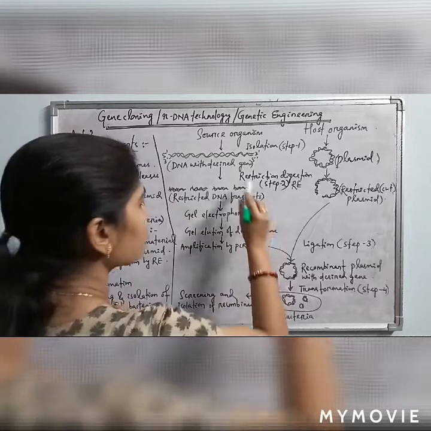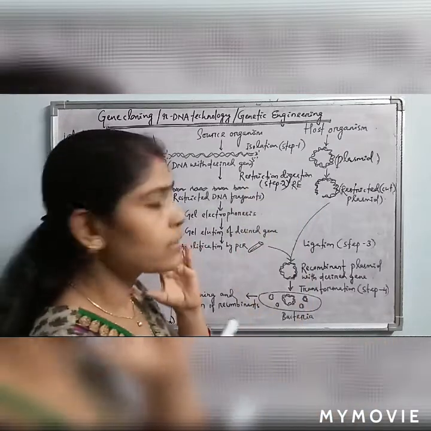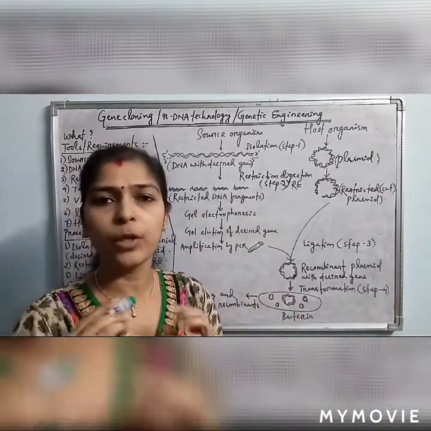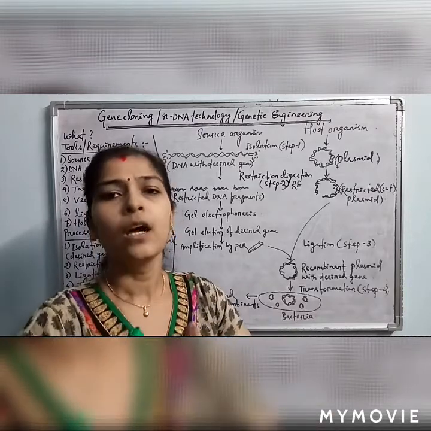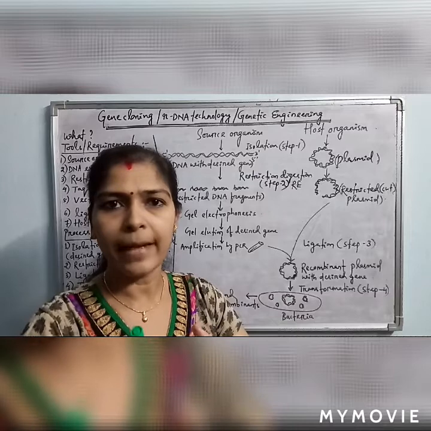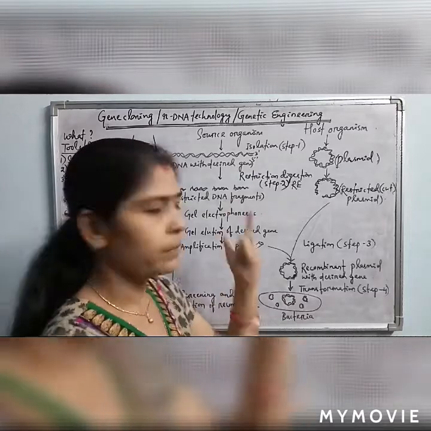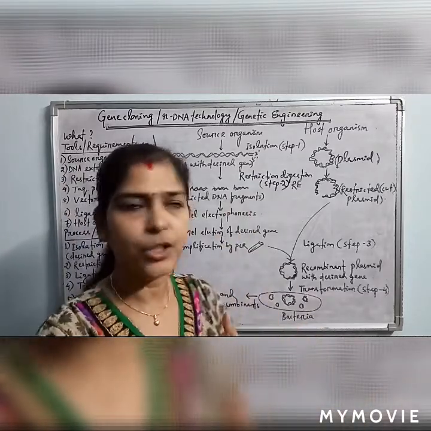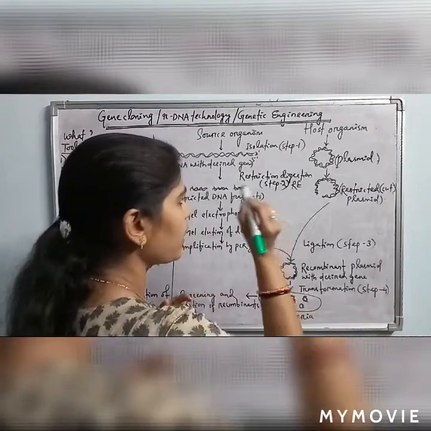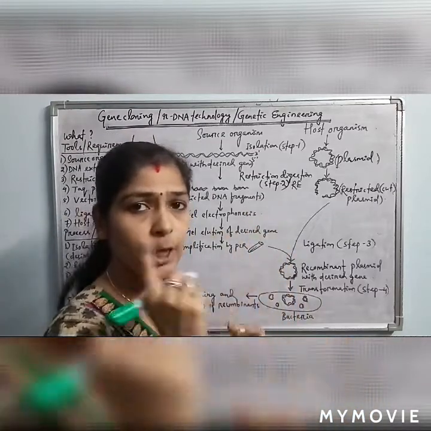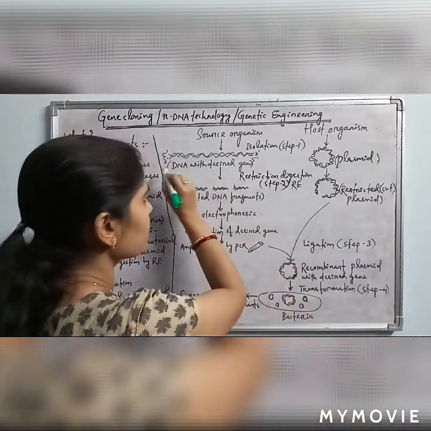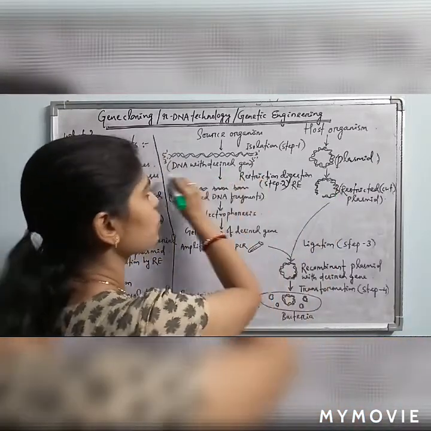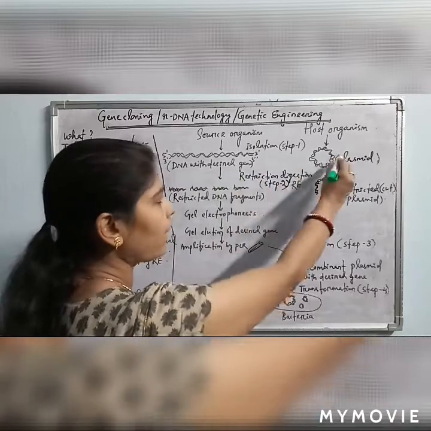Then the second step is restriction digestion. This is the second step, which is very crucial. We have to utilize a particular restriction endonuclease which will produce staggered sites with hanging ends, so that the plasmid can be easily ligated with the desired gene. A single specific restriction endonuclease is utilized in both cases to digest, meaning to cut, the DNA with the desired gene and the plasmid.